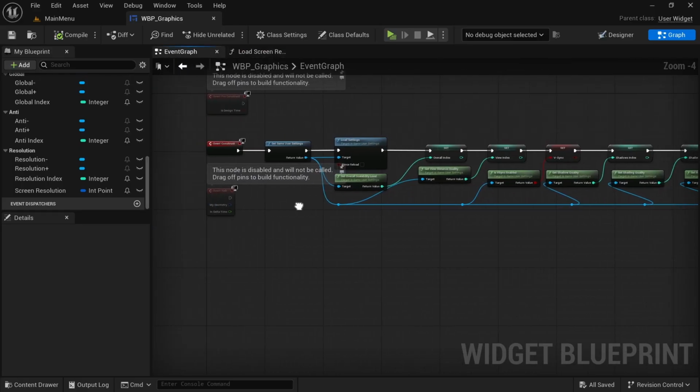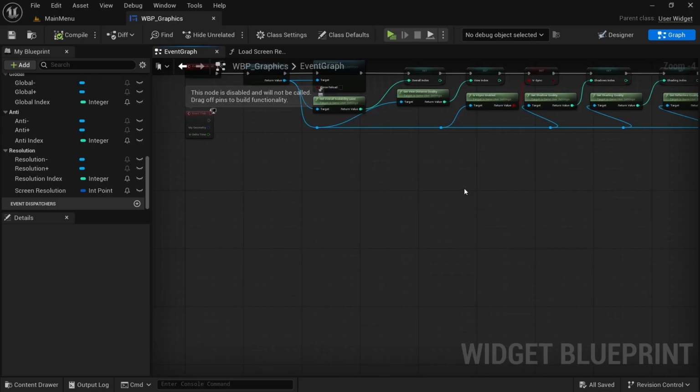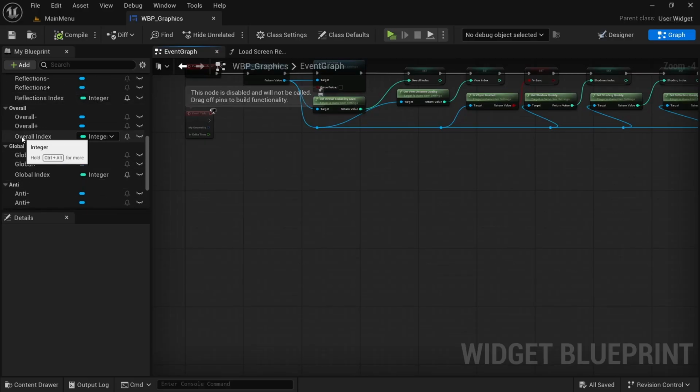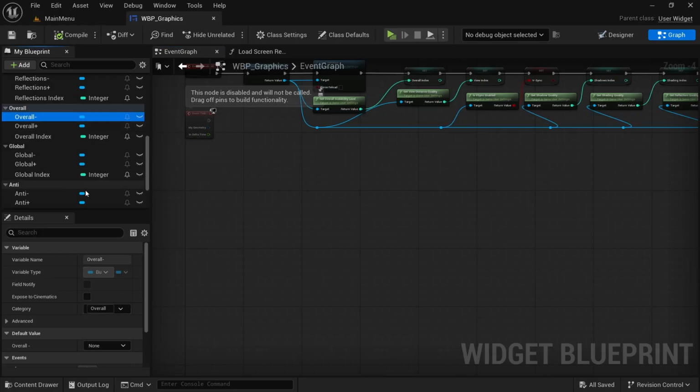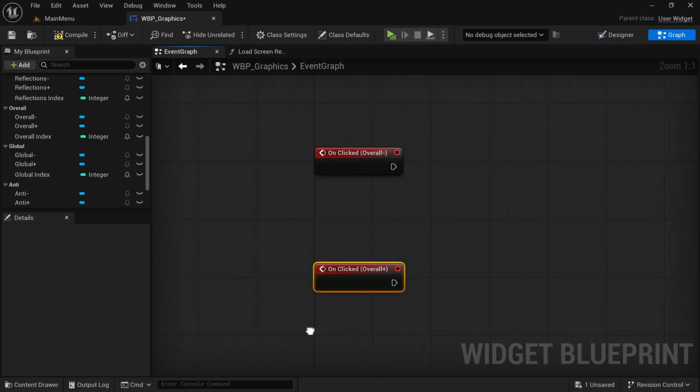So now we are done with the event construct. The next thing we're going to do is the buttons. The first one we're going to do is the overall quality. So the overall negative, we're also going to start with the negative, on click, overall positive, on click, and then